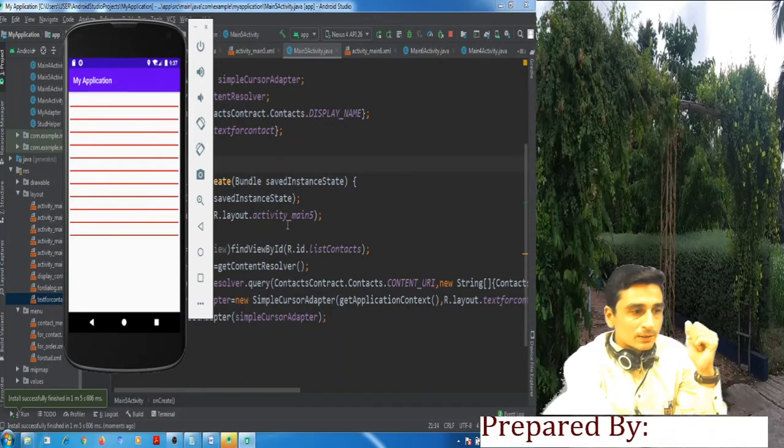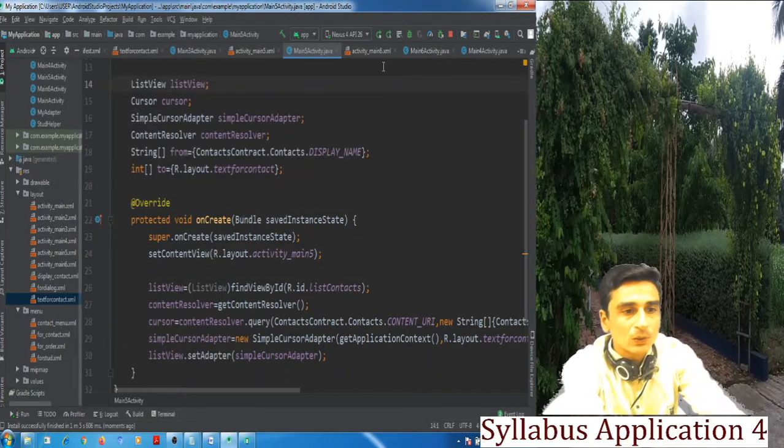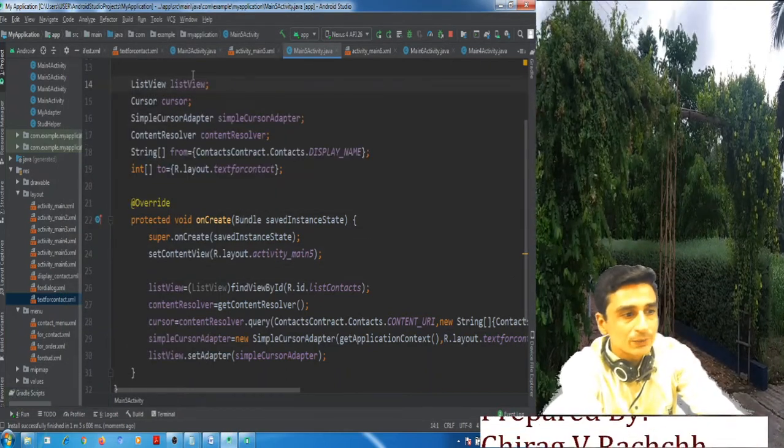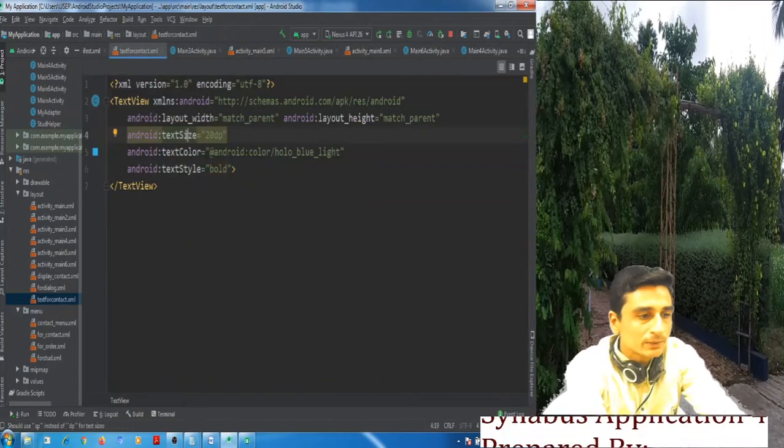Still the contact names are not shown. We can give an ID to the TextView here, text for contact. The ID was not given.